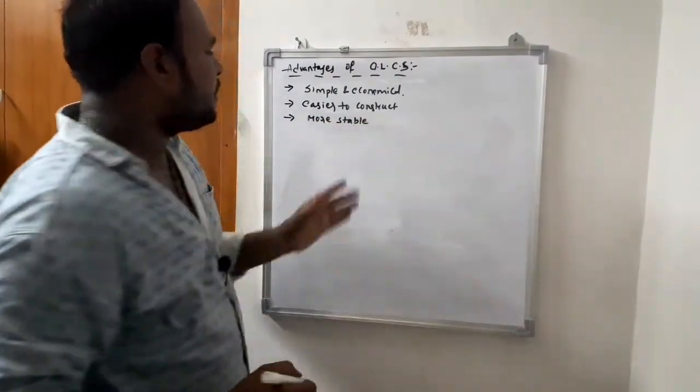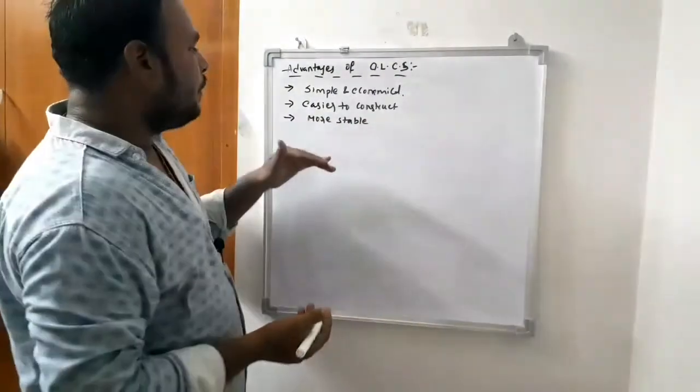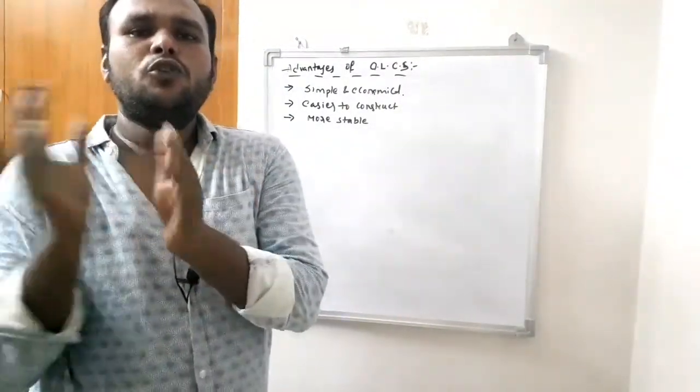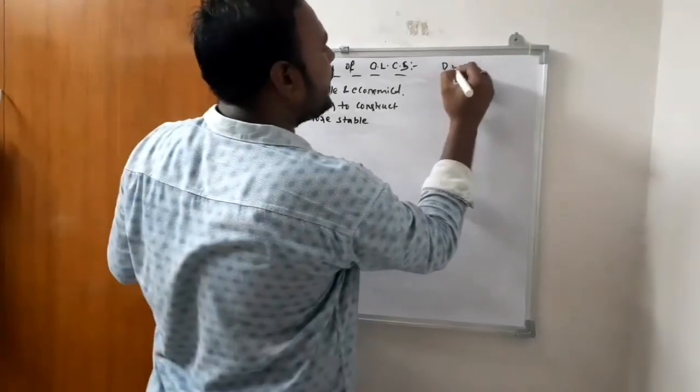The open loop systems are more stable. That's why the usage of open loop systems is very, very easy compared to the closed loop systems. Now coming to the disadvantages